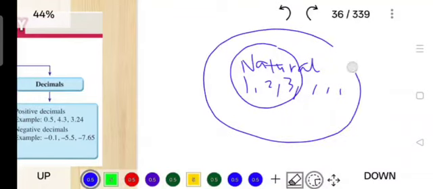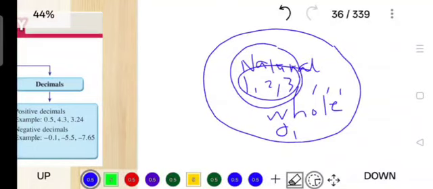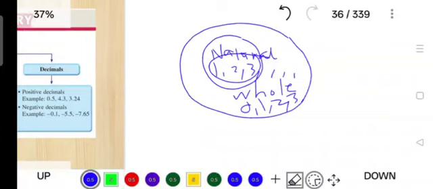Next, the outer circle I can put as the whole number. Whole numbers include 0 in addition to whatever you already have in the natural numbers. So 0, 1, 2, 3, and so on, with 3 dots at the back. Whole numbers are normally like numbers where you are climbing up